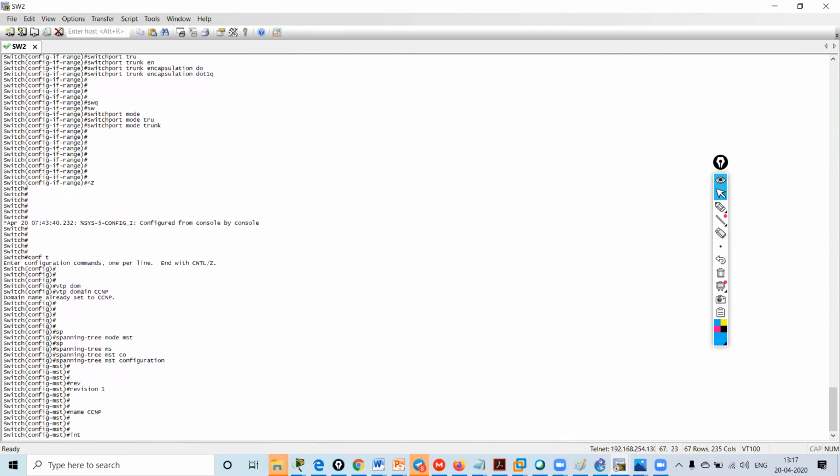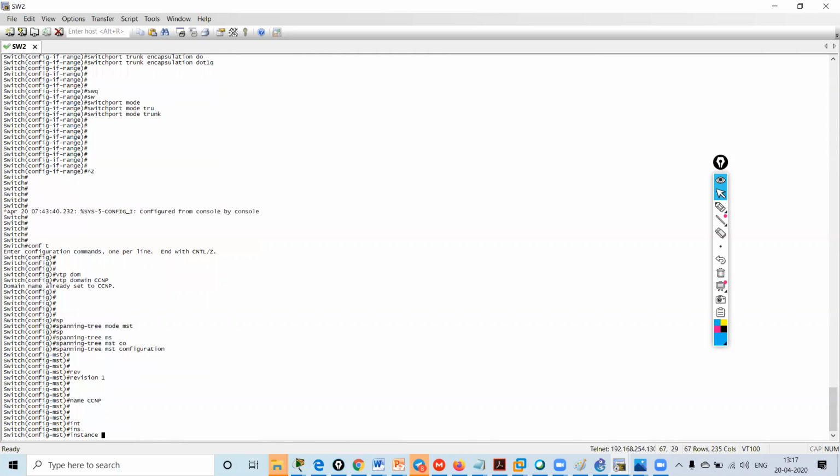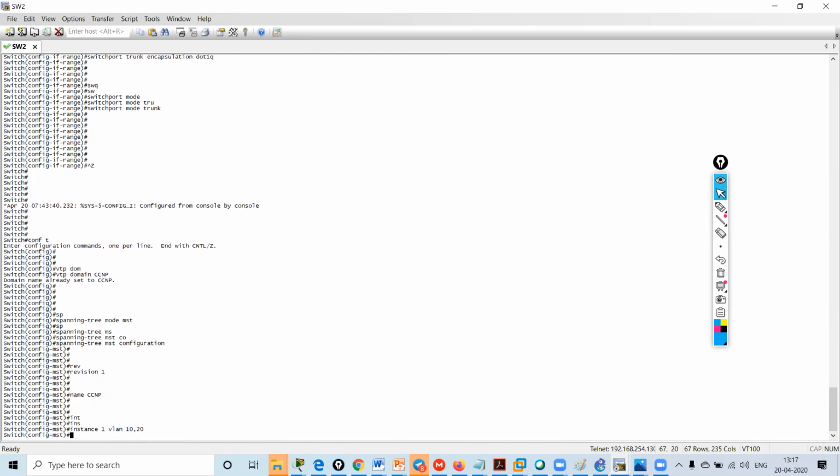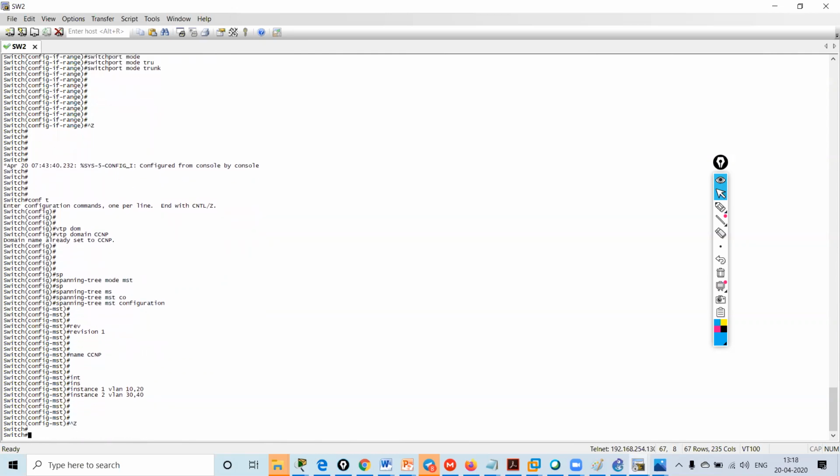Instance 1 is for VLAN 10 and 20. Instance 2 is for 30 and 40. Correct?